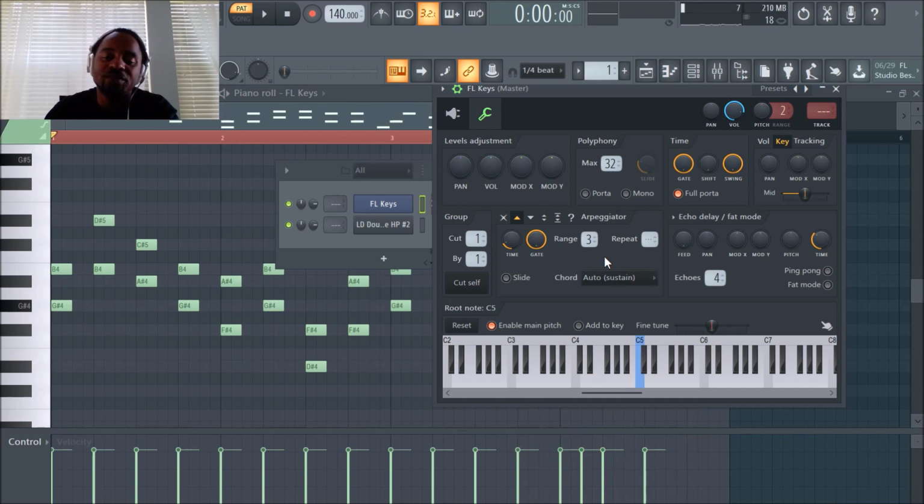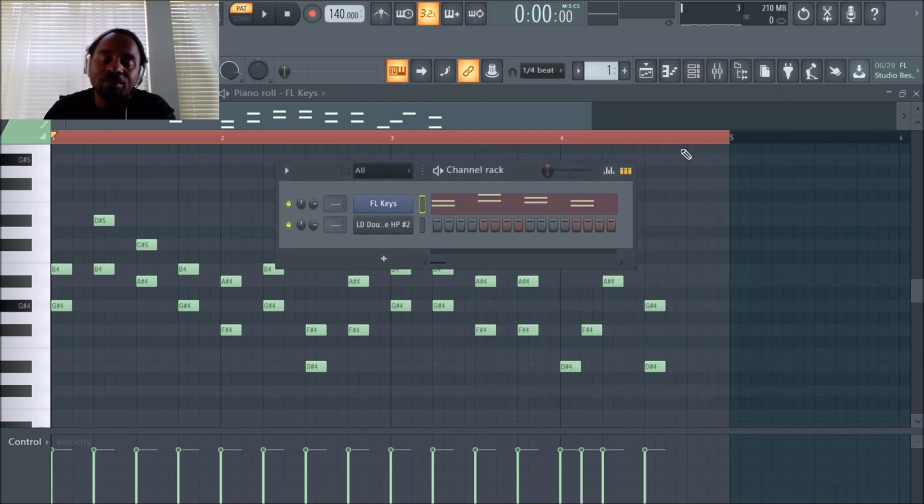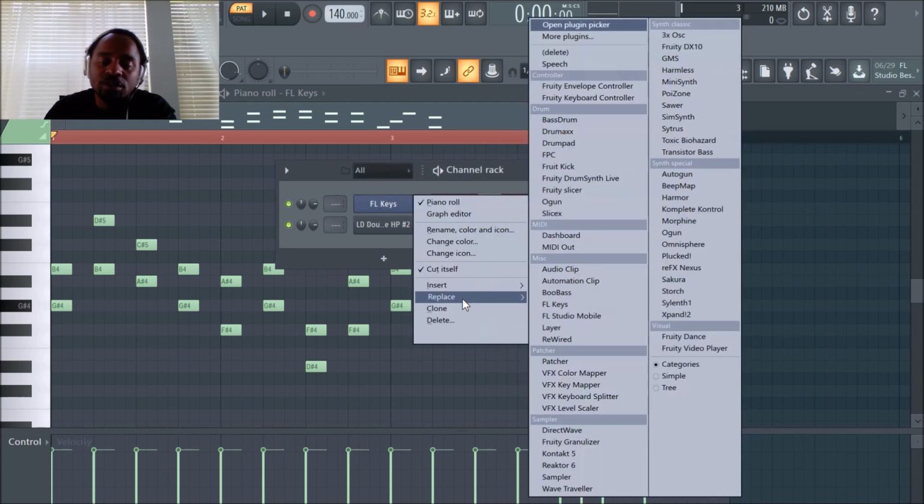Yeah, that arpeggiator function is insane. You can just totally create different things from just this. You just saw how creative you can be just in a section alone, and it doesn't really stop there. You can actually use it for other instruments. I think most of them you can. So let's just, yeah,